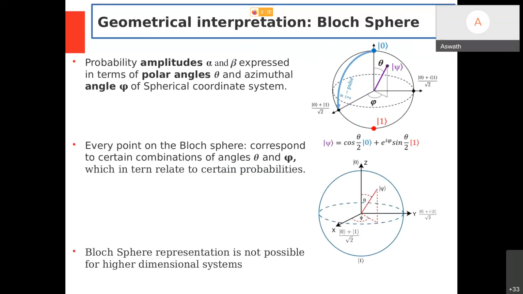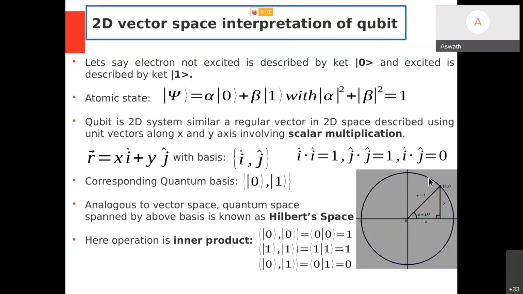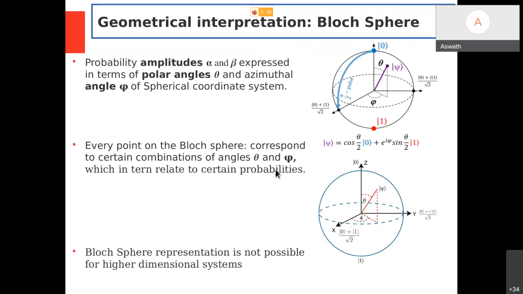Okay, so this is a geometrical interpretation. Obviously, for a two-dimensional vector I have a geometrical interpretation, right? So is there a geometrical interpretation for a quantum state? Of course, yes. That is described by something called a Bloch sphere. It's very simple. If you just take a three-dimensional sphere, on the surface we will have a two-dimensional surface. It's like if you take a football, on the surface of the football we have a space. That space we can use to represent a quantum state, right?